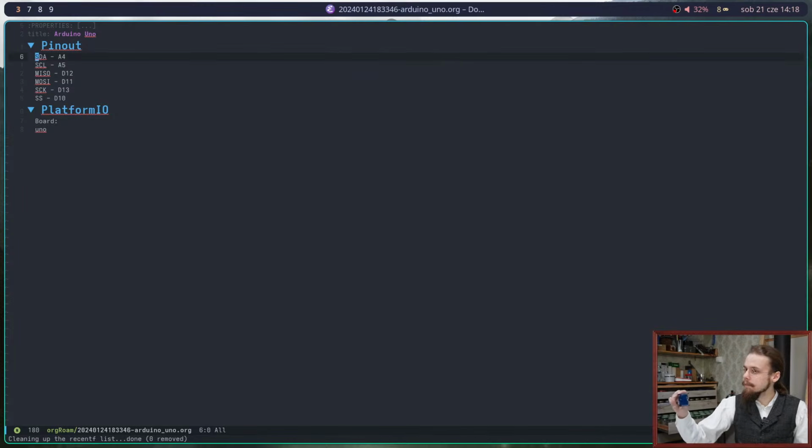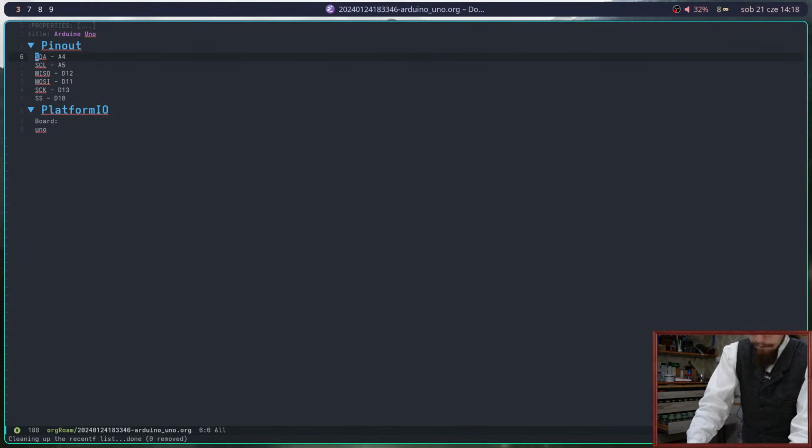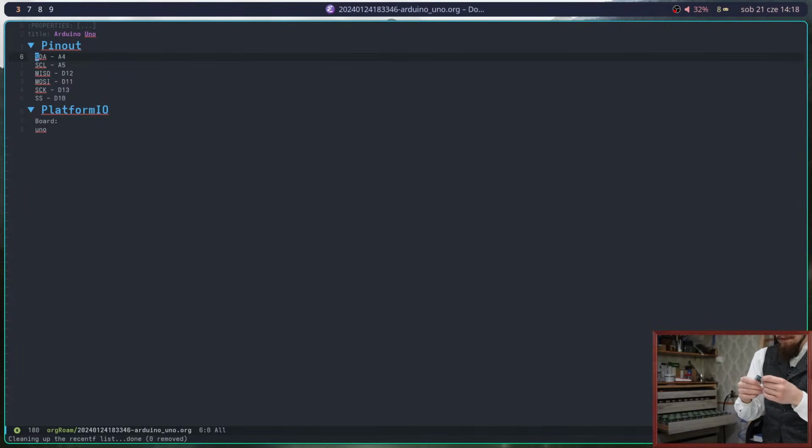So I need... Oh, that's also an issue. Yeah, I think I can't use it. I have to use something that has 3.3 volts, because Arduino Uno is for 5 volts. This one doesn't have any pins. Maybe this one? This is like a NodeMCU V3